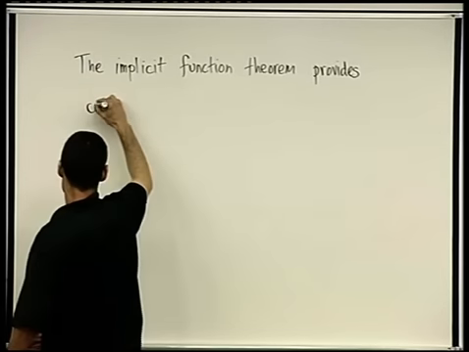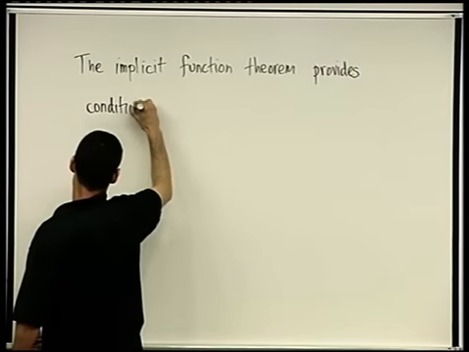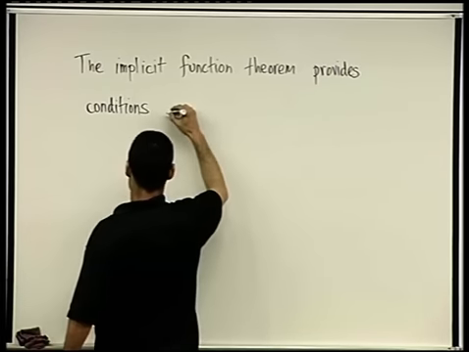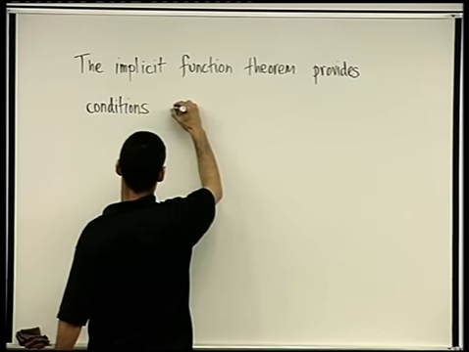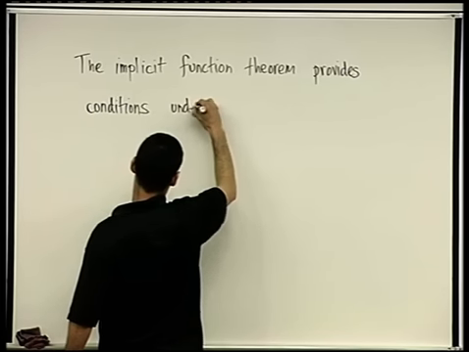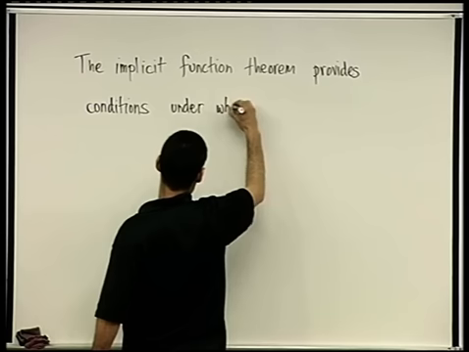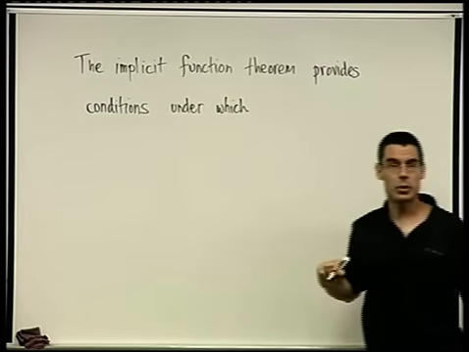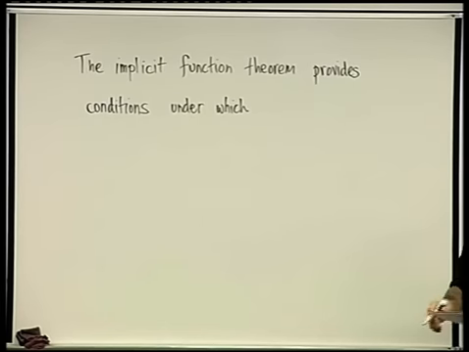There are specific conditions that have to be satisfied in order for the theorem to hold, under which, so if these conditions are satisfied, we can do exactly what we did in that example, under which